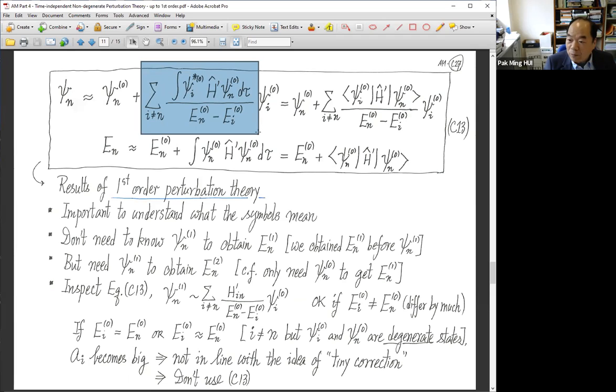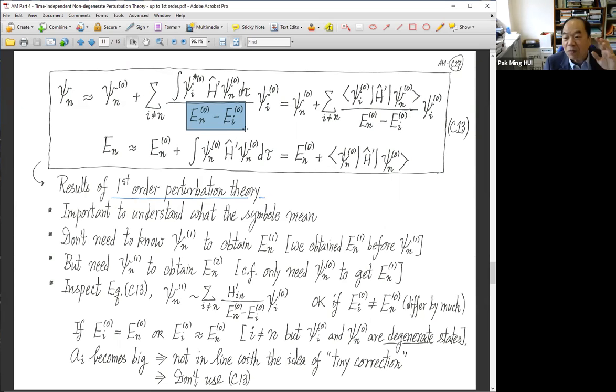The whole thing we set up is meant to be small correction. This whole mixing in of the other states should be small correction to the zeroth order state. However, if you look at the end result, you see a denominator. If the denominator is not big, all right? In other words, if it is small, it may be problematic,